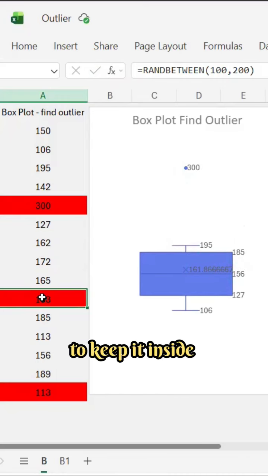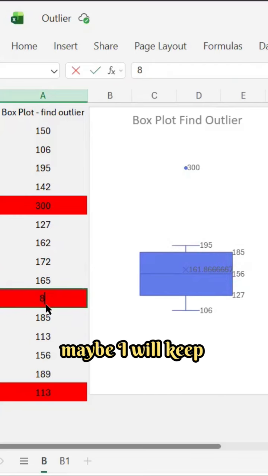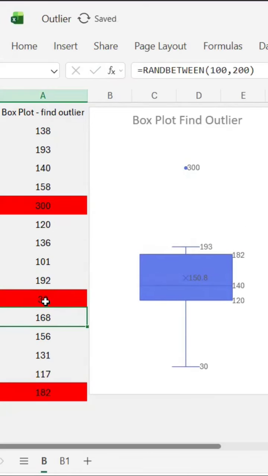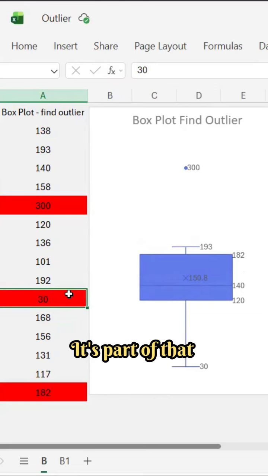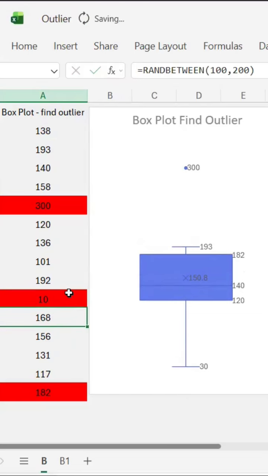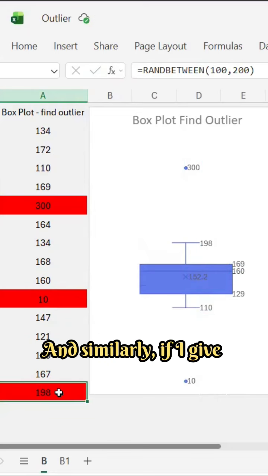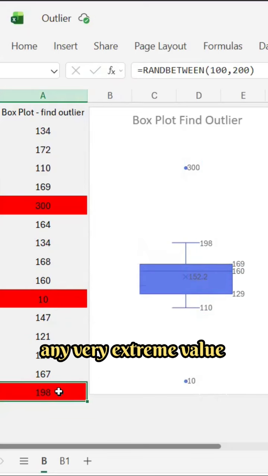Similarly, I'm trying to keep it inside, below 106. Maybe I will give 80 as an example, right? So 80 is still part of that one. So what I will do, I will just put 30 as an example. So 30 is still touching, right? It's part of that data spectrum. So then I will give 10. Okay, 10 is an outlier. You can see here 10 is an outlier. And similarly, if I give any very extreme value, super